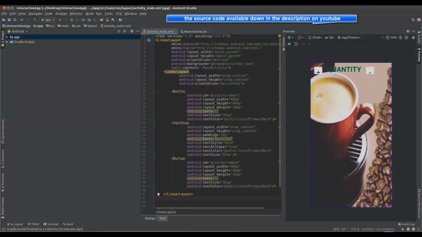Then we need another text view element to display the number of the quantity, but in this case we need to add another text view outside of this linear layout. So if we add another text view here, this text view could be outside of this linear layout but inside the root, the original root linear layout, the vertical one. So here we can add another text view in this way,